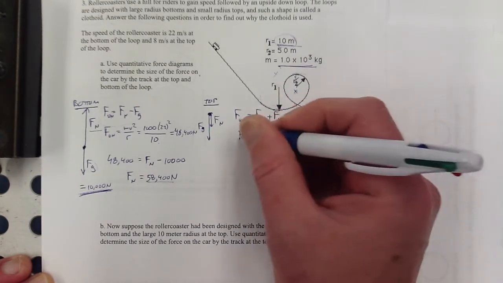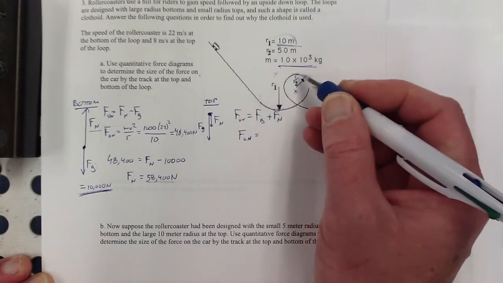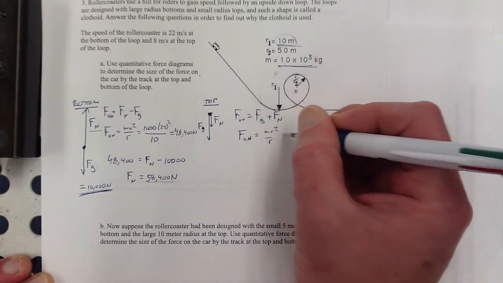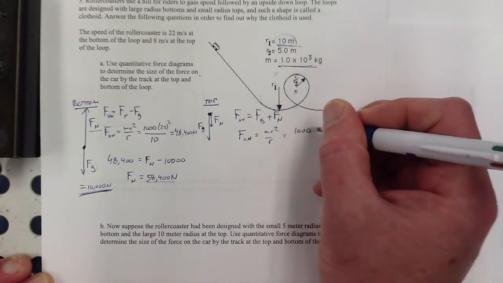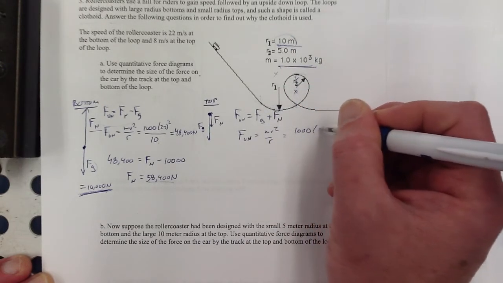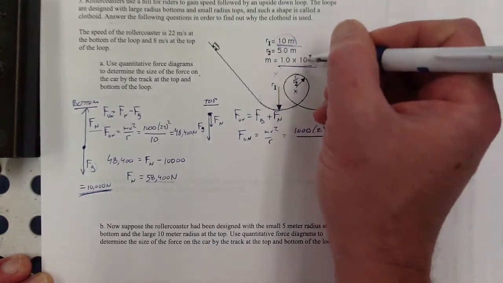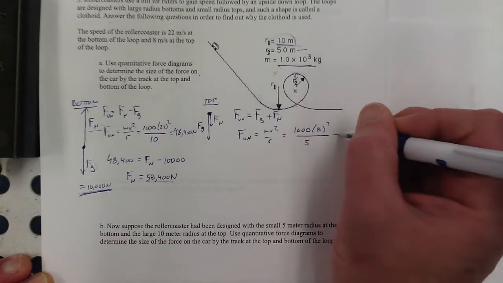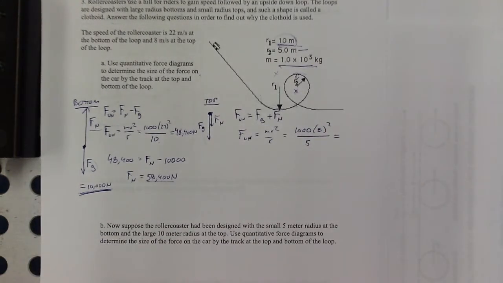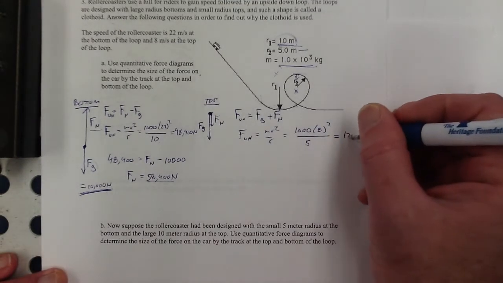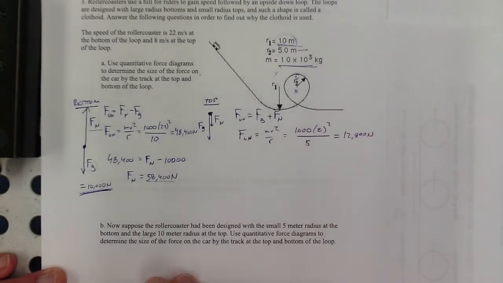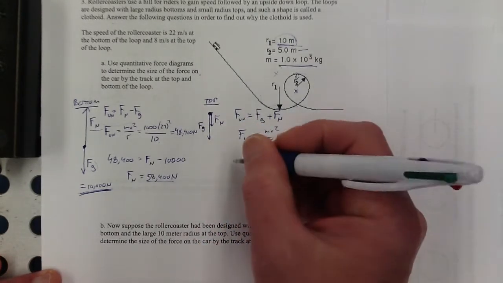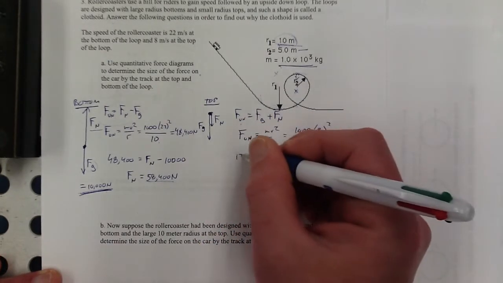So I've got the unbalanced force is going to be equal to mv squared over r. Mass is still 1,000. The v here is 8. And the radius of the smaller circle at the top is 5. That is 12,800 newtons. And so that's my unbalanced force